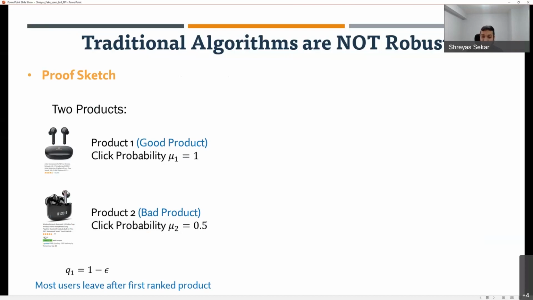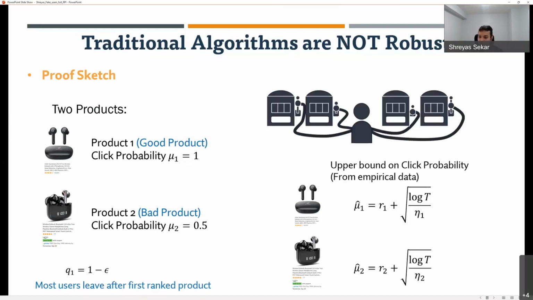Now, the second thing is the exit probabilities. So in particular, I'm going to assume that Q1 is almost 1, which means that most of my customers only look at the top ranked product and they completely skip the product at the second rank. Okay? The reason is that this kind of mimics the behavior of customers in the real world, because we know that customers don't generally go beyond the first page of results. So you can think of this as a stylized or a toy example, which sort of mimics the kind of behaviors you'd see in a more general setting. Okay? Now, once I have this setting, let me introduce you to how these multi-arm bandit algorithms work.